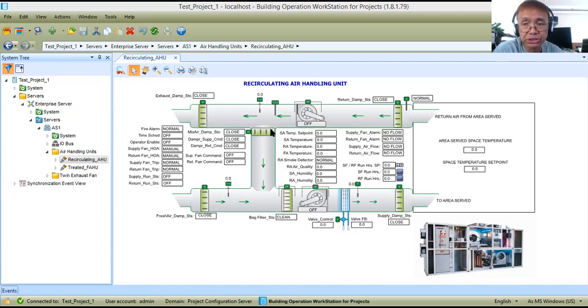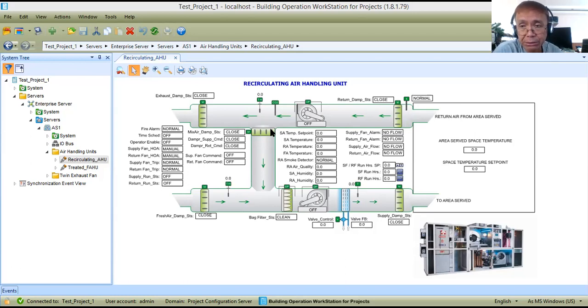Then you will be able to see all the types of air handling unit that will be installed in the project. Then in that document, you will see the points being asked from the specification to be included in the building management, control, and monitoring BMS points. Okay, so please review that